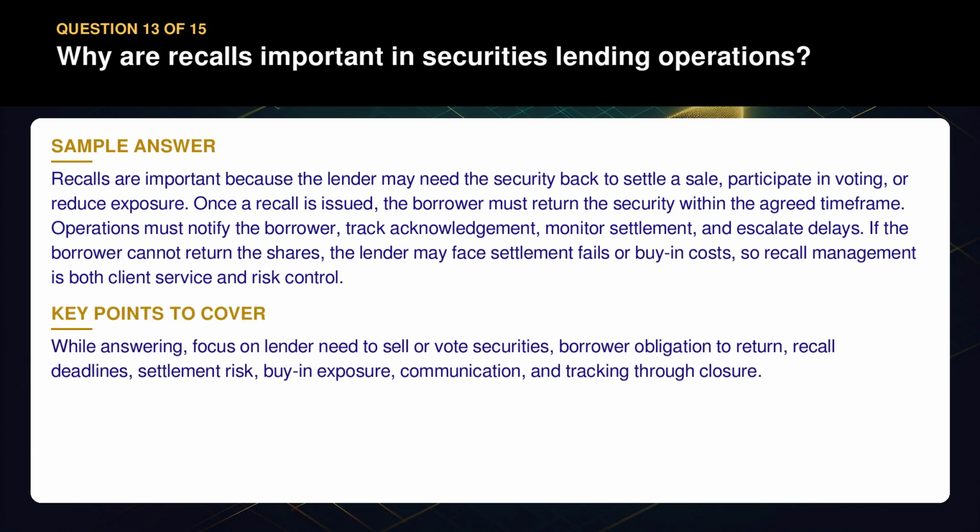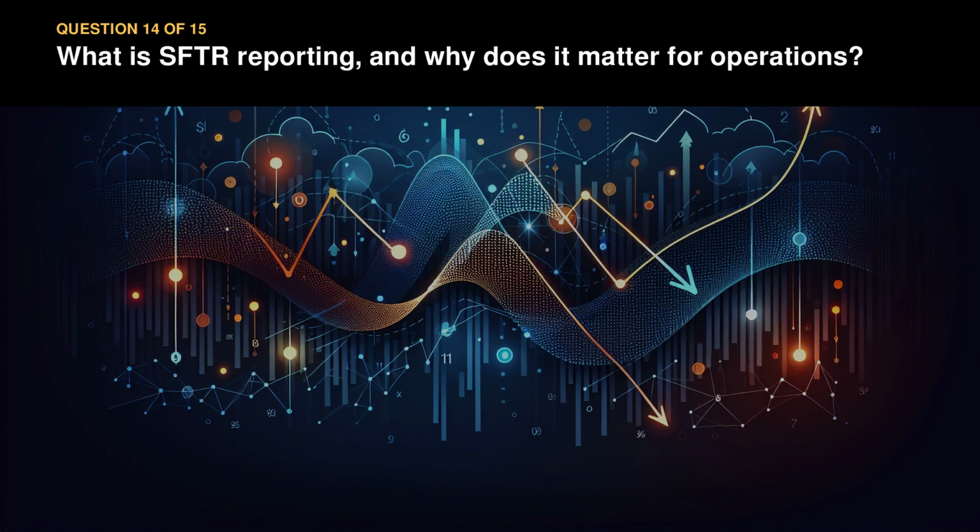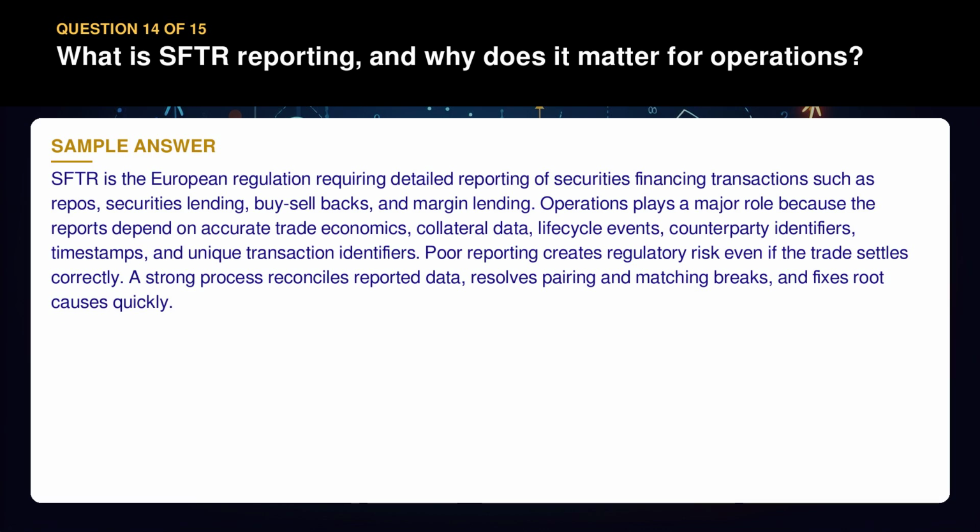While answering, focus on lender need to sell or vote securities, borrower obligation to return, recall deadlines, settlement risk, buy-in exposure, communication, and tracking through closure. Question 14. What is SFTR reporting, and why does it matter for operations? SFTR is the European regulation requiring detailed reporting of securities financing transactions, such as repos, securities lending, buy-sellbacks, and margin